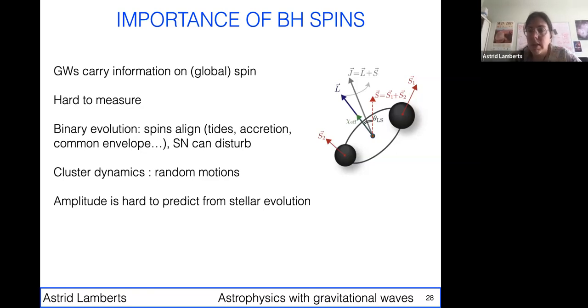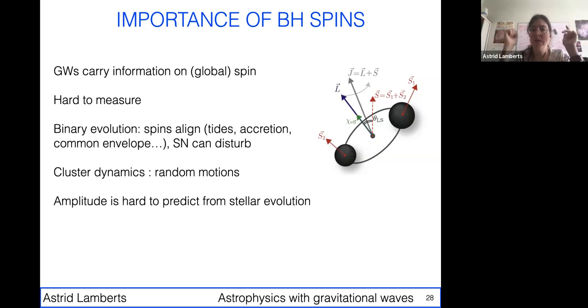What we actually measure is, in this picture here, this chi effective arrow, this green arrow, which is the projection of the spin of the object onto the spin of the orbit. So it's a tricky measurement. It's hard to disentangle. But we know that spin matters a lot because if you have a binary, the spins of the two objects tend to get aligned, just because mass transfer, tidal interactions, all these things tend to align spins, although supernovae can slightly disturb them.